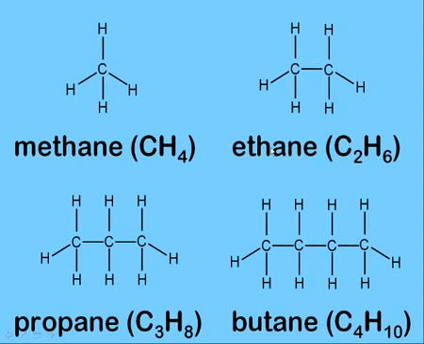2 carbons is called ethane, C2H6. 3 carbons is called propane, C3H8. And 4 carbons is called butane, C4H10. What do these all have in common besides the fact that they are hydrocarbons? They have all single bonds, their name ends with ANE, and the formula for the number of carbons and hydrogens